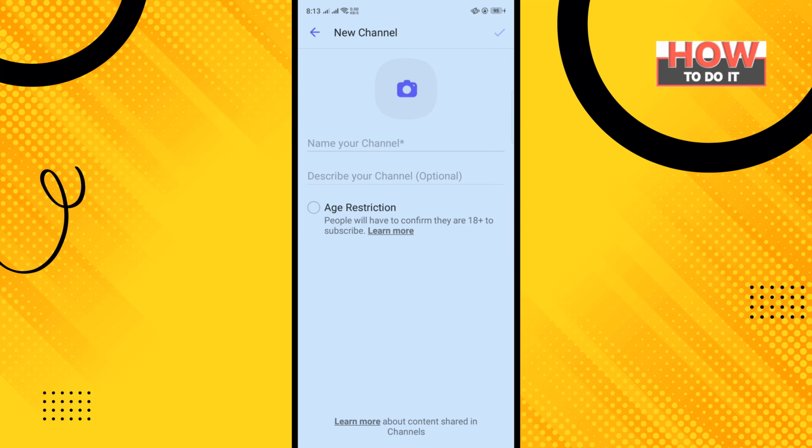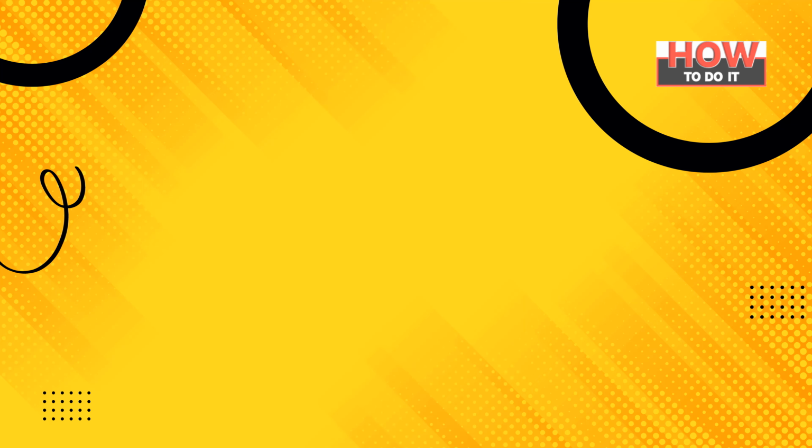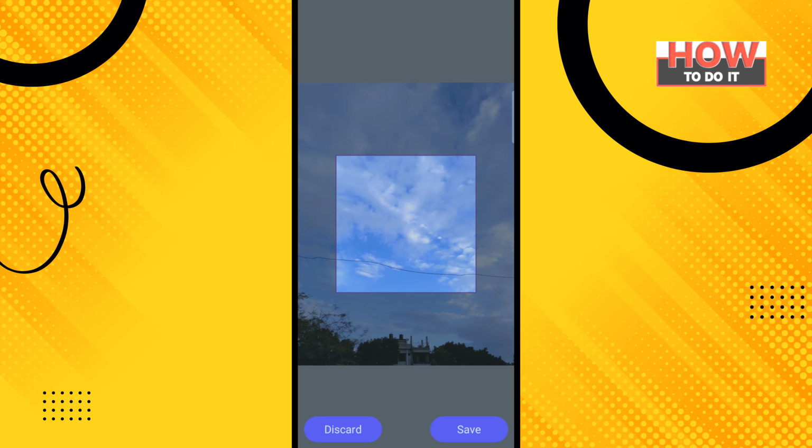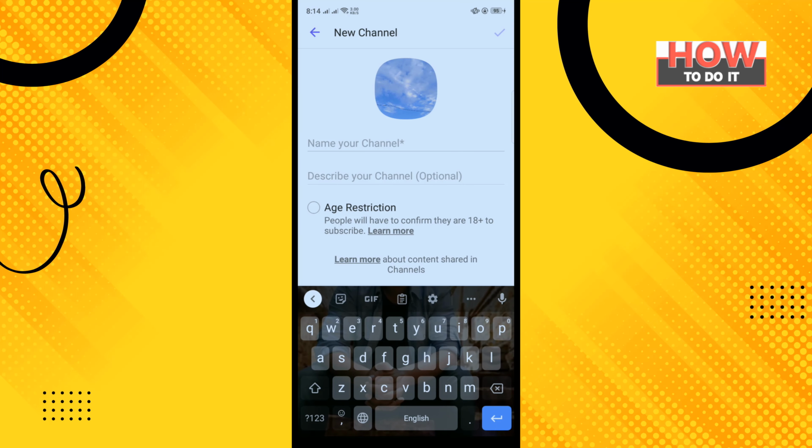and to add your channel profile picture, tap on this camera icon and you can capture an instant photo for your profile by tapping on this camera, or also you can upload a photo from your gallery by tapping on this gallery option. You can crop the photo and then tap on save, and now enter here your channel name